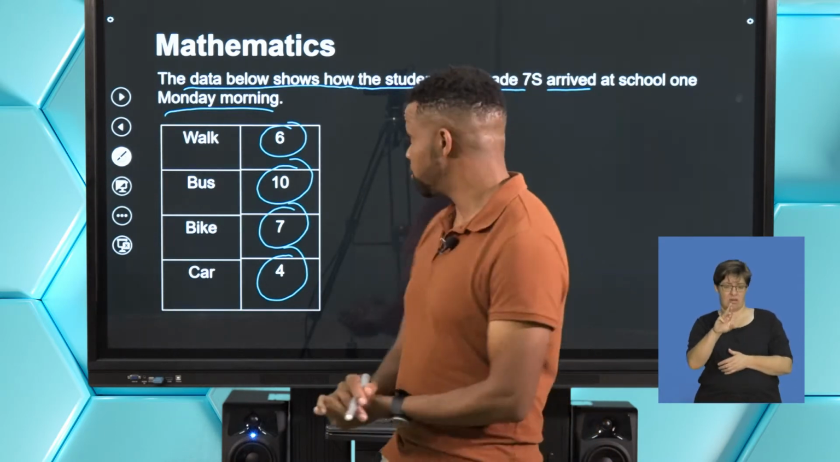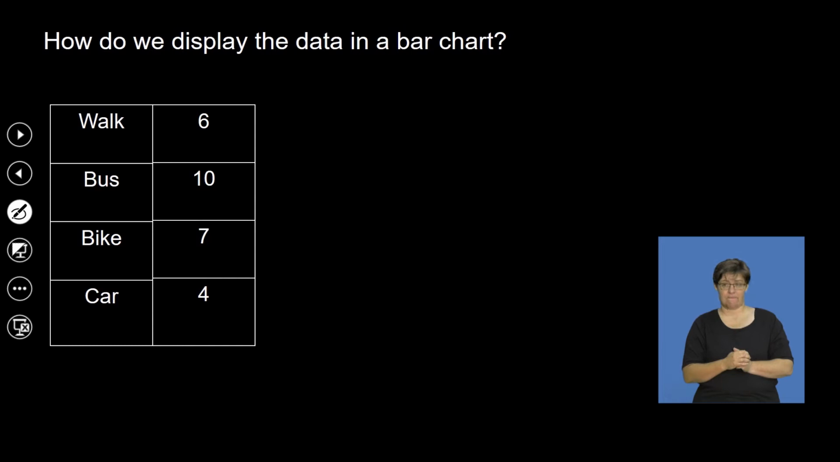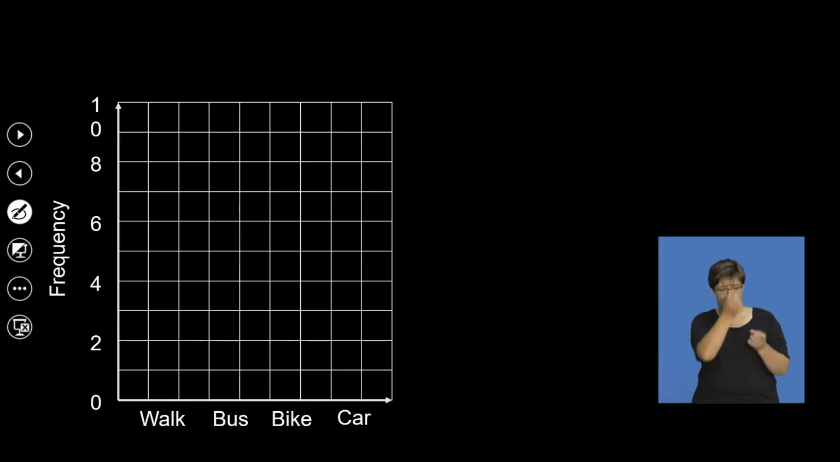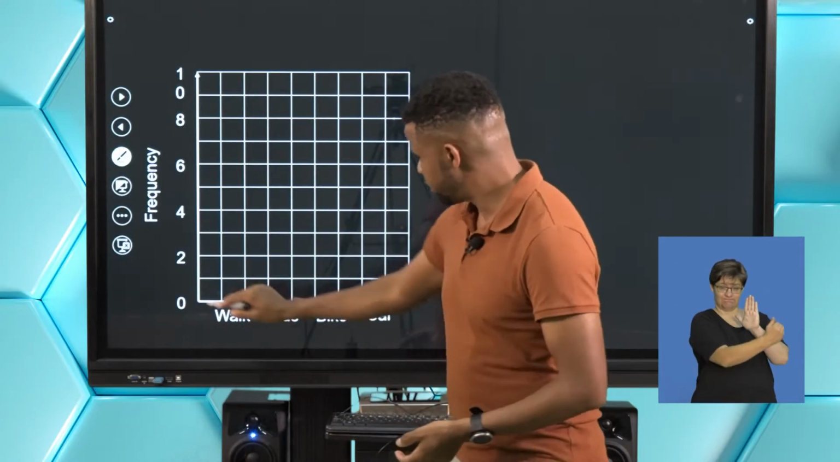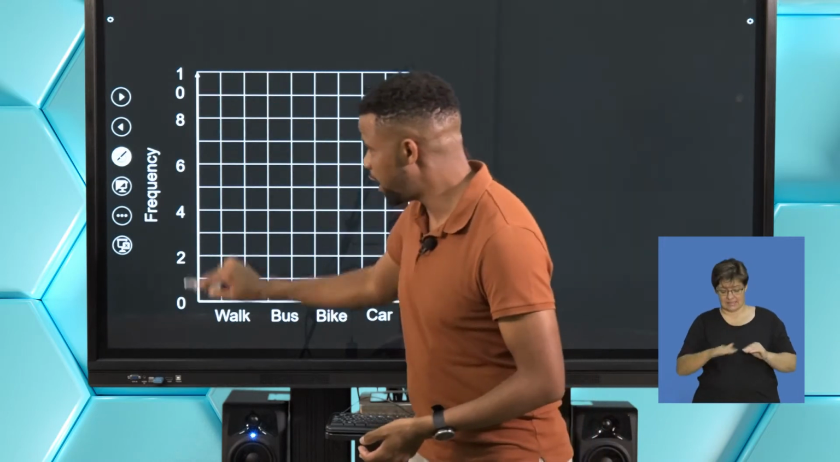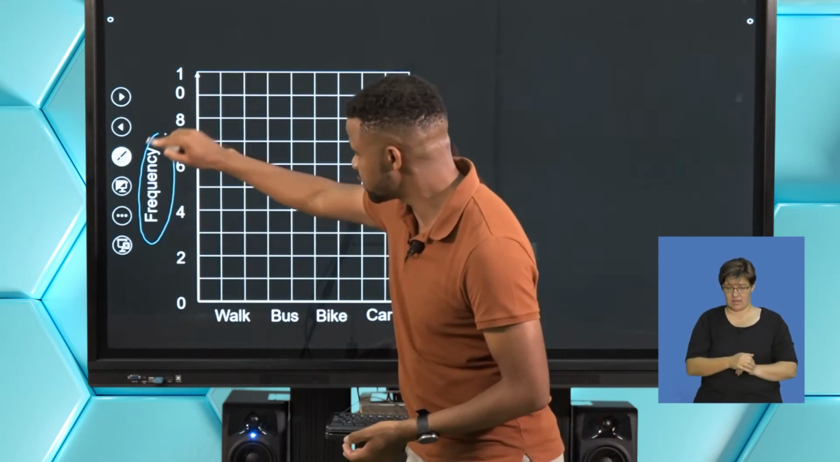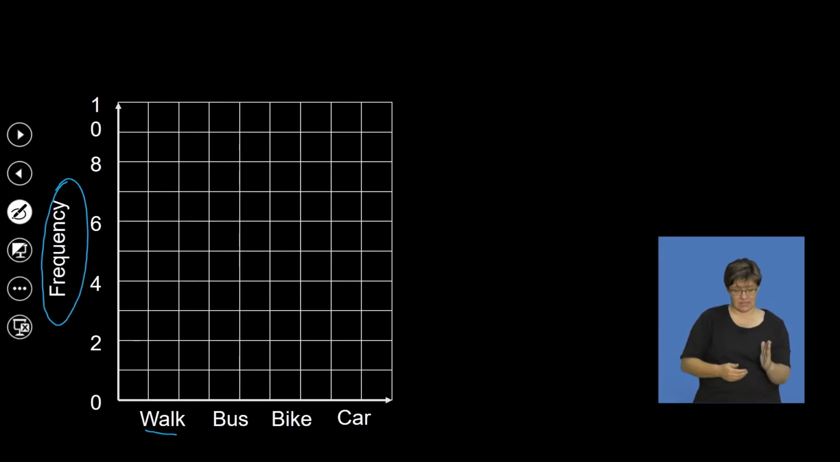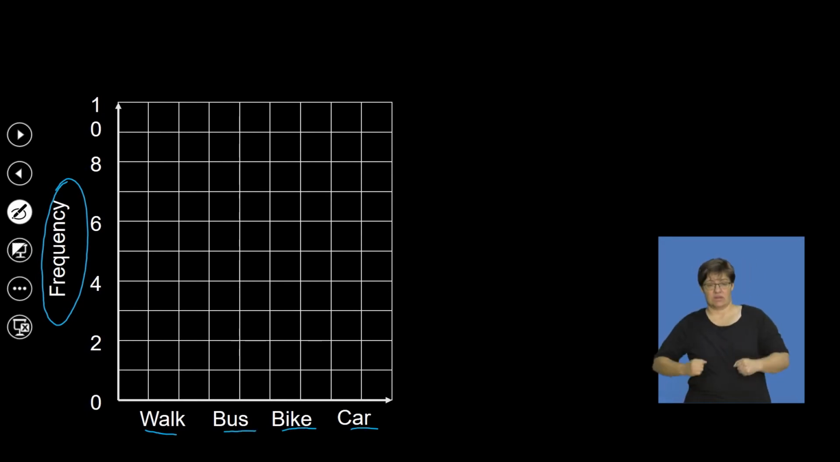So we have our data there. We need our Cartesian plane with the x-axis and the y-axis. We're going to put frequency there, and we have walk, bus, bike, and run. Remember, frequency is, if we go back,